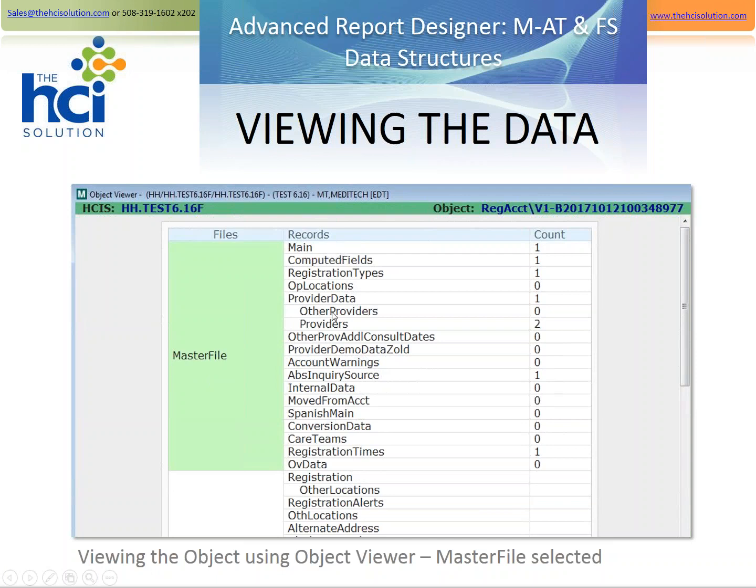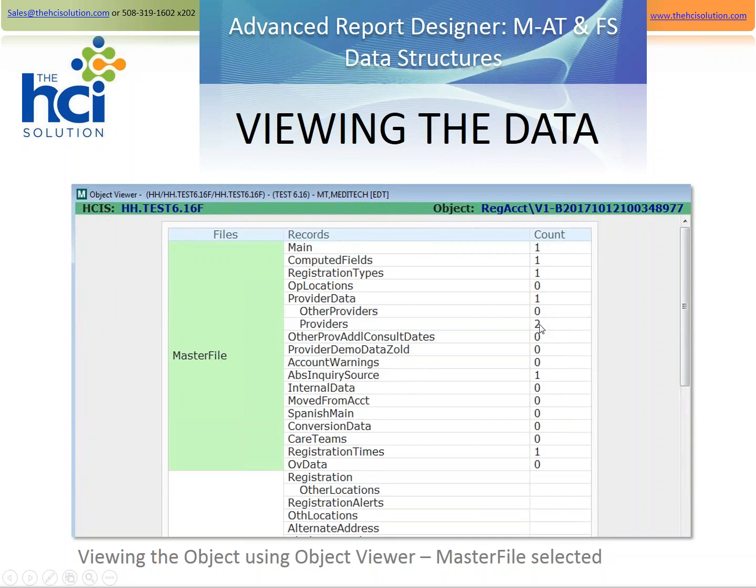And whenever you see an indent here, that means that these records are child records of a parent record. So other providers and providers are child records of provider data. The main record is really on top. And then the count tells you how many records